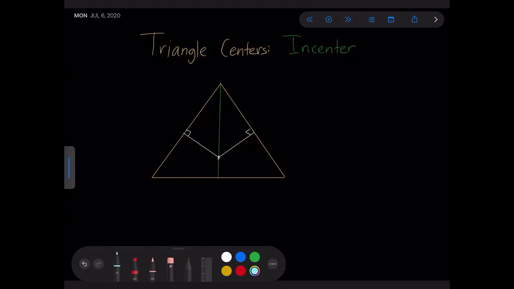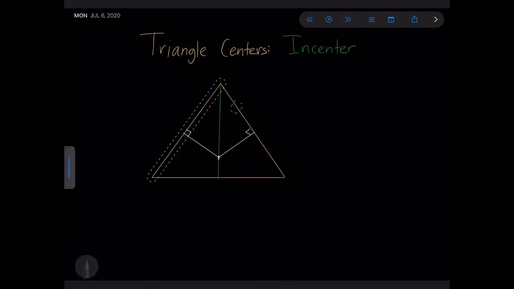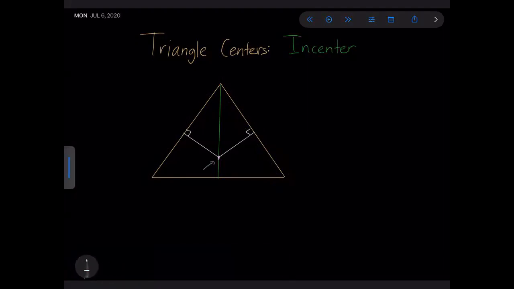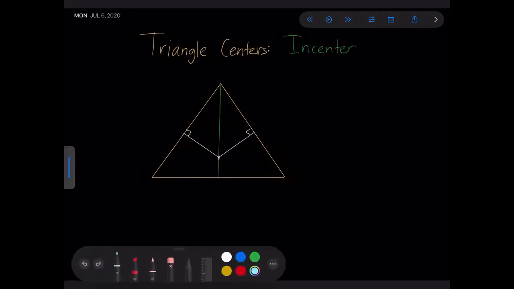Let's take a look. So you have a triangle highlighted in this yellow-orange color. And in the center, with the green line, I drew a line segment that is equidistant from this line and this line. So how do I know it's equidistant from those two? Well, if you take a random point on it, as highlighted right here, and if you draw perpendiculars from that point to the two lines,